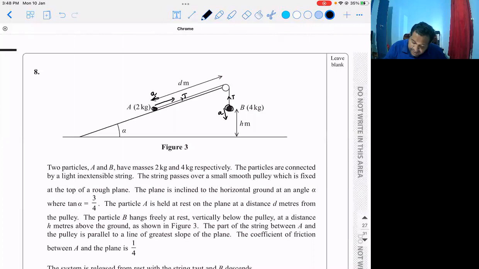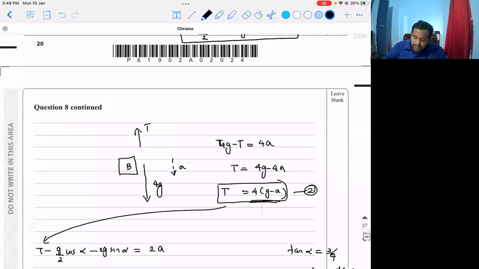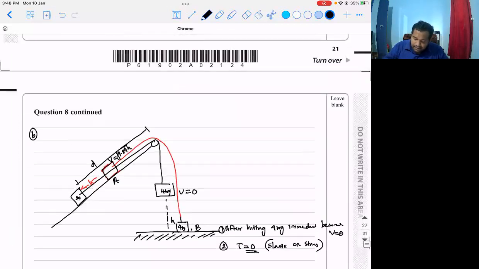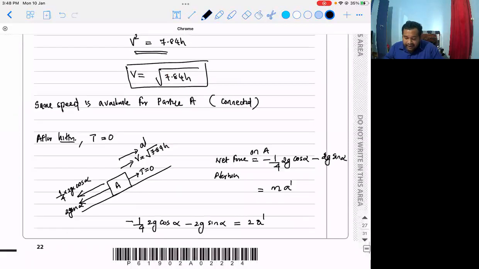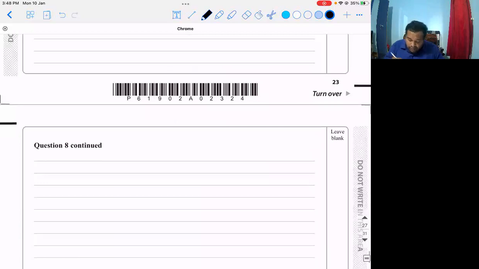D should be at least 1.5 h, because we have to accommodate h, because A is a particle that is traveling not only h distance, but additionally 0.5 h. That means it's already traveling 1.5 h, but still there is some distance after that to the pulley. So that means d must be greater than that, if you get my logic. So we got the idea, right? So here what we will do, we will say that